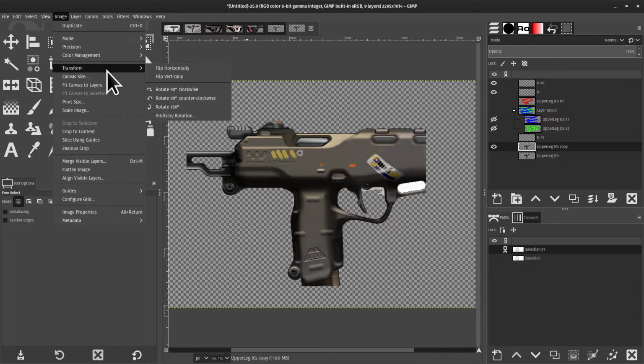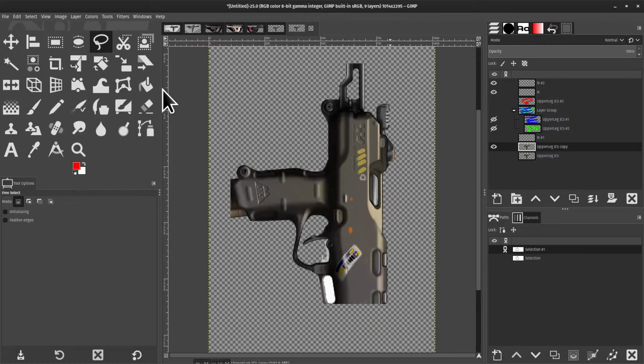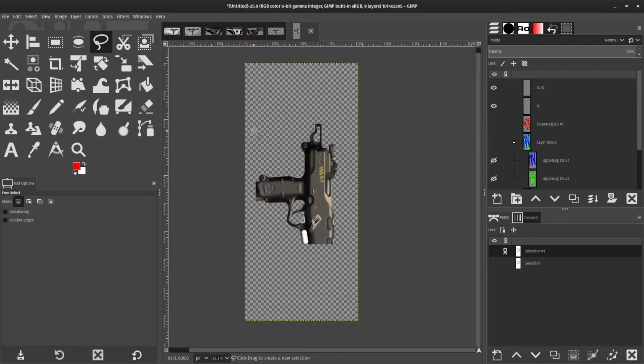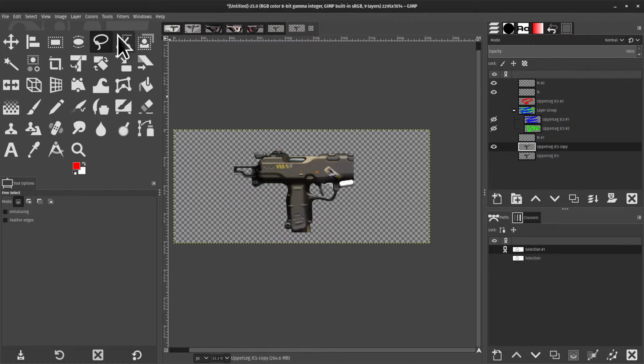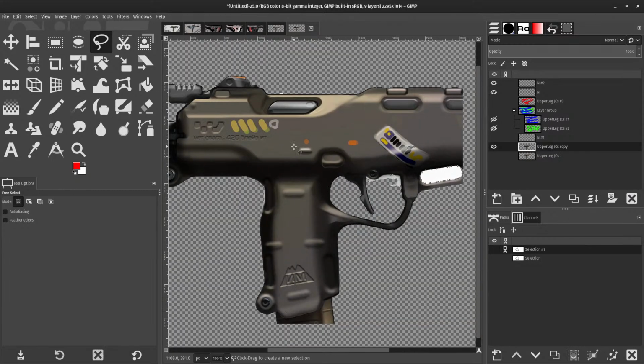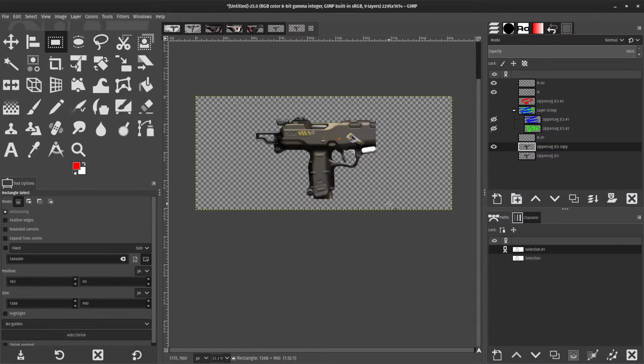Transform. Okay. Anybody who's ever taken a picture with a cell phone knows that sometimes you can accidentally take them, or the camera doesn't always remember what orientation you took the picture in or intended to take the picture in. So these transformation tools right here are what you would use to correct this, right? Something I do find myself doing a lot is, let's just say we want to,